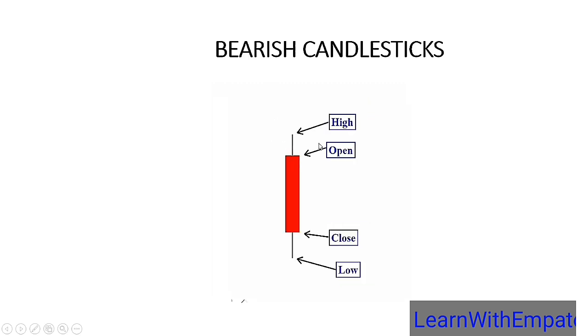This is the bearish candlestick, and this is how it looks. It opens. The difference is that the closing price is below the opening price. So it opens here, went as high as this, but the sellers were more than the buyers, so it came down all the way to this low, and the buyers were able to push it back up to the closing price here. So that is just the bearish candle.